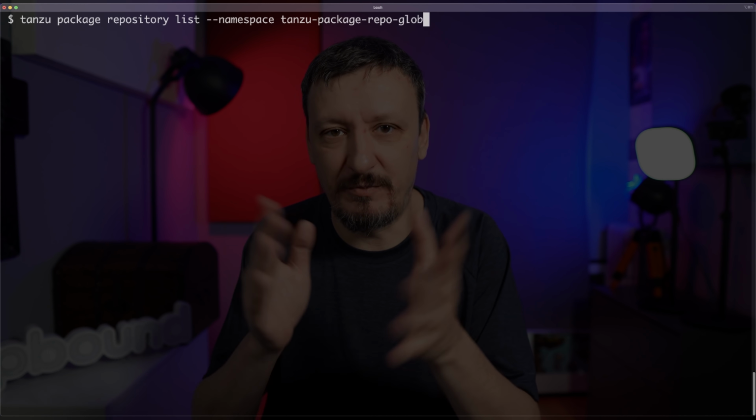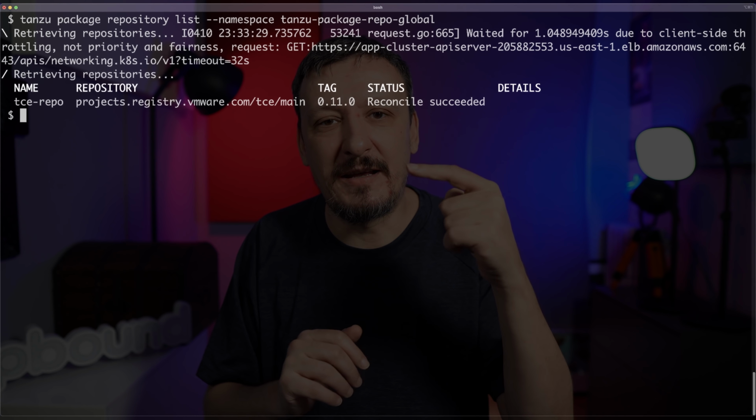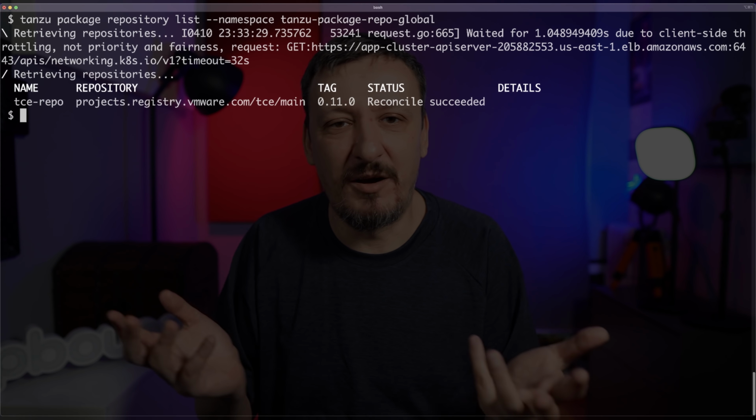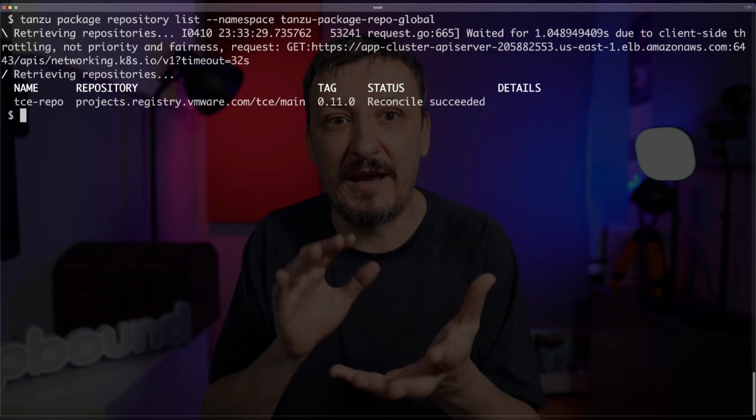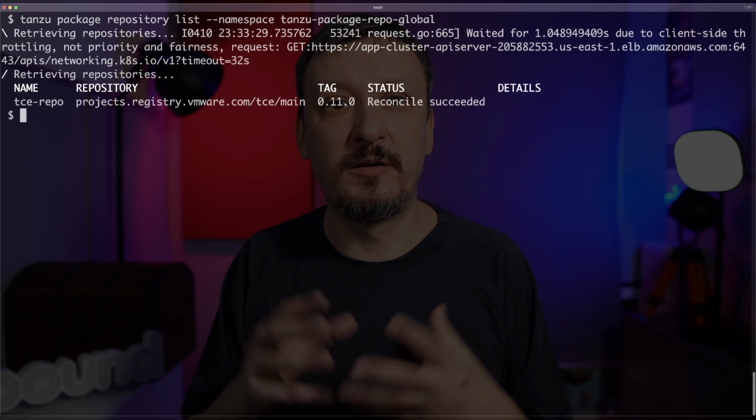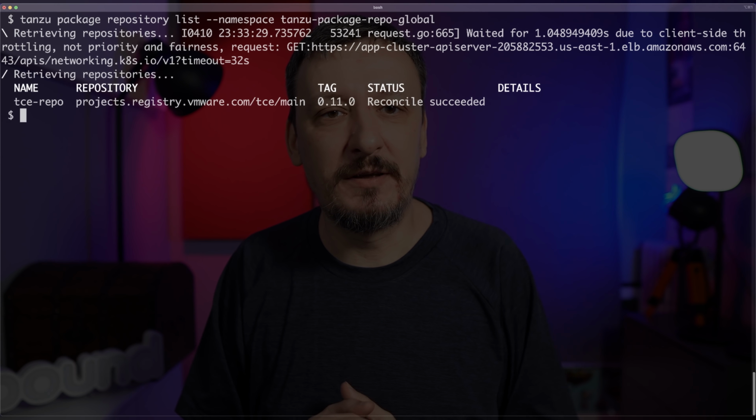And to be on the safe side, I can list all the package repositories with tanzu package repository list, specify the namespace, which is blah, blah, blah. And then I get all the repositories, which is only one, because that's how many repositories with packages I added. And if you want to know what is available in that package repository, well, you can do that easily by